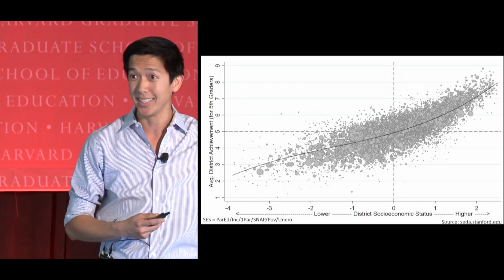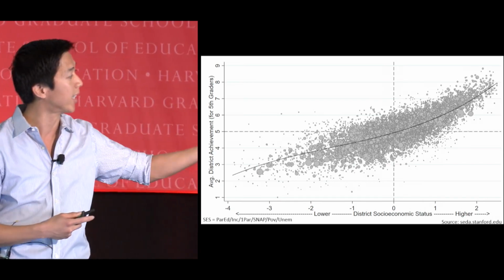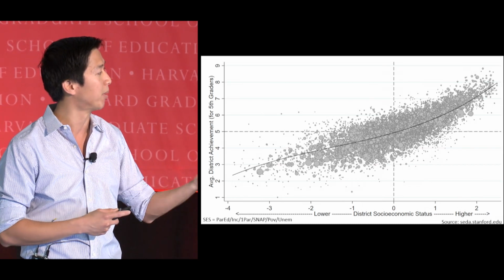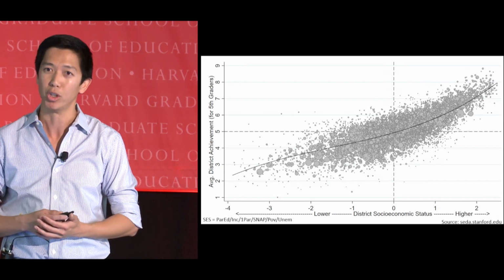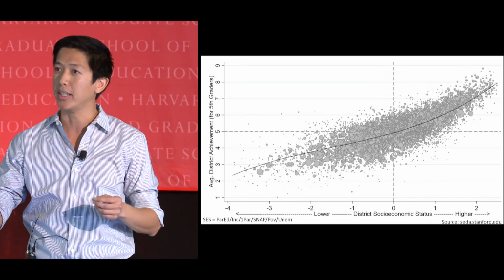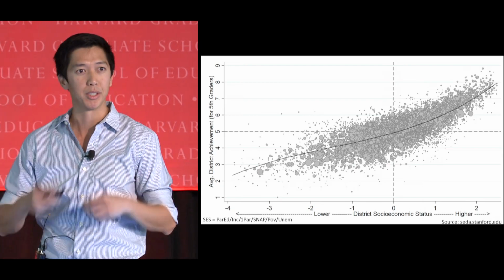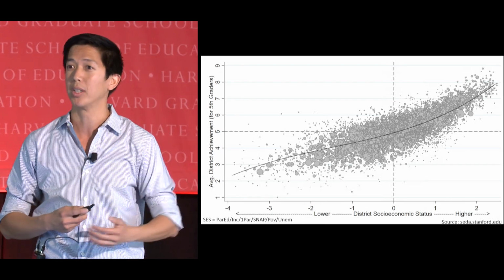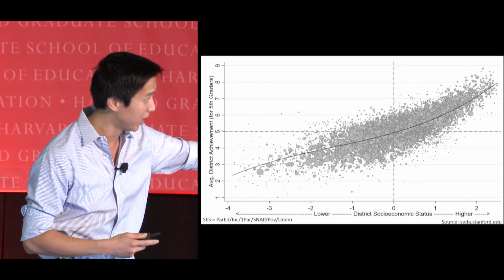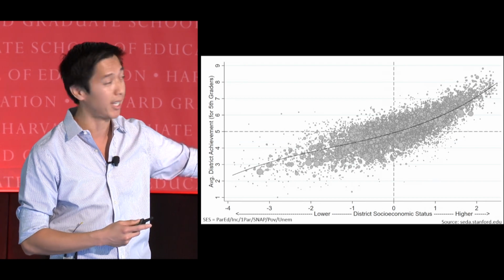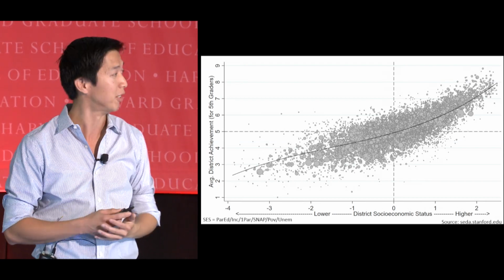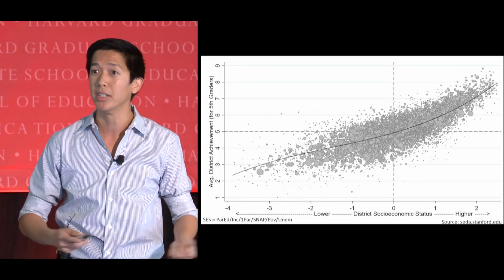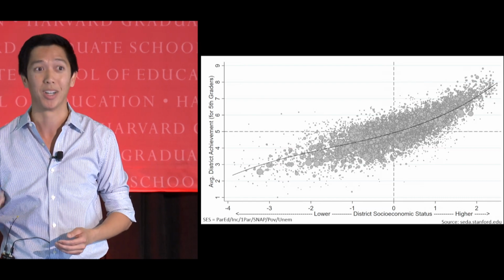On the horizontal axis, you can see socioeconomic status. This is a composite of, as you can see in the bottom left, parental income, parental education, single-parent household, SNAP eligibility, poverty, and unemployment. So this is a measure for parents whose kids are in public school. In the district, we can link educational achievement and socioeconomic status, and this is the correlation we see. Lower SES districts have lower achievement on average. Higher SES districts have higher achievement on average. The correlation here is around 0.8 or so. This is a pretty strong correlation.